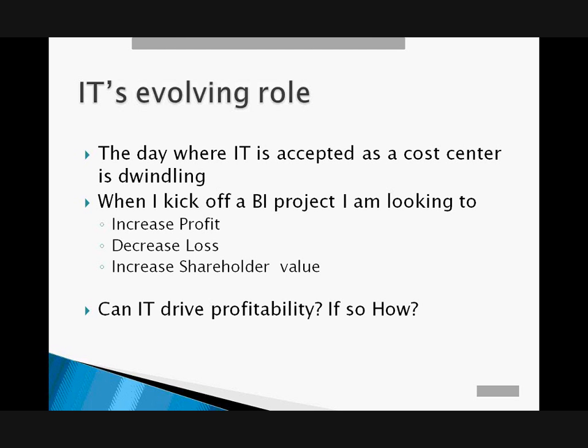on investment. And oftentimes I'm asked the same question quite frequently: can a BI project really do this? Can they really drive profitability? Or is it really just making people more efficient so that the business can become more profitable? And is it a chicken and egg story? I'm not really sure, but there really is